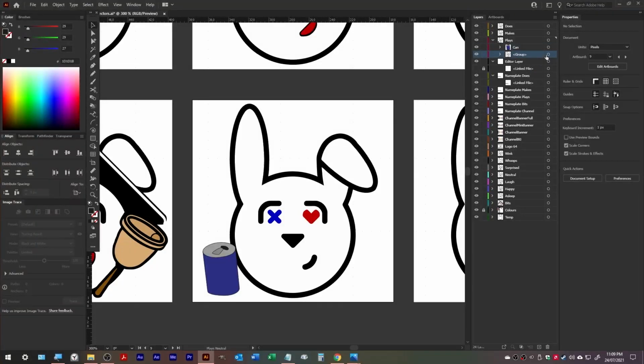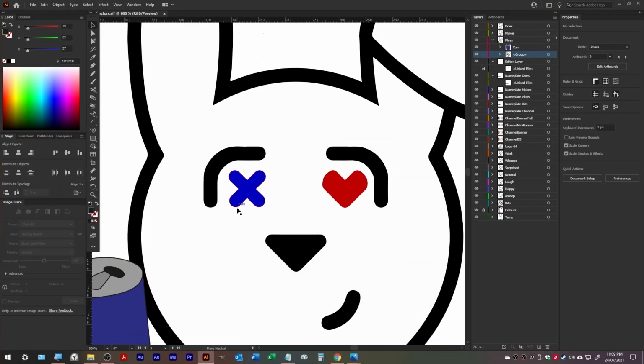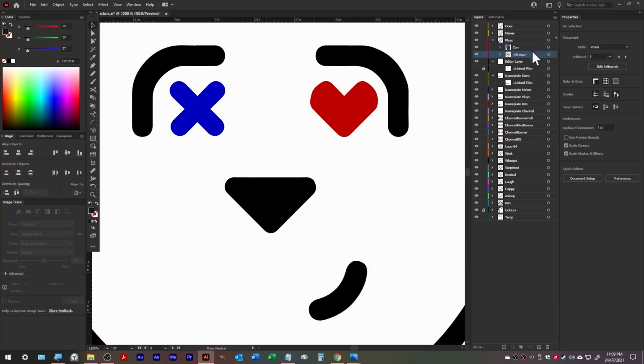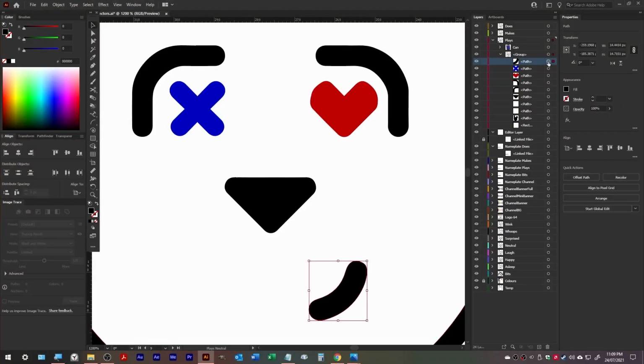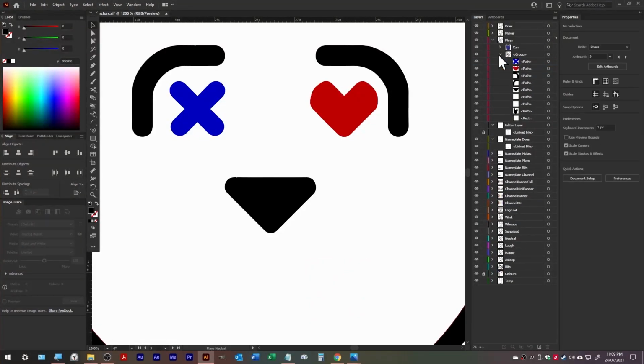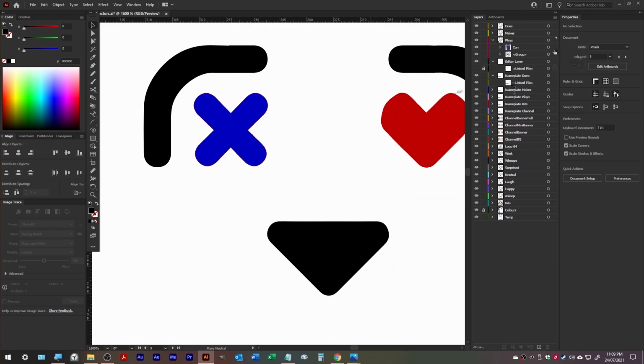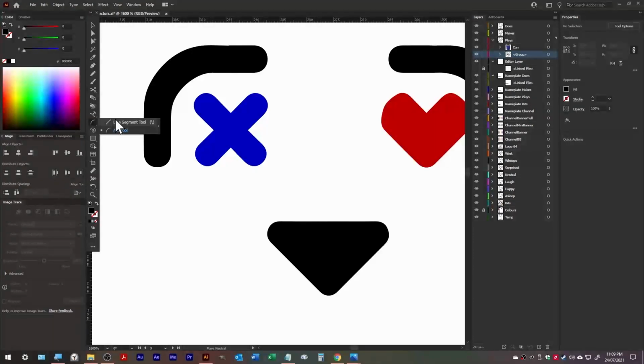I do want to change the players random ever so slightly. I want to give him bags under the eyes, like he's been working hard, and change his mouth. So I'll quickly do that. Don't need this path, which is his mouth. Like that. For doing the things under his eyes, I'm just going to use simple lines. I'm going to just do three lines. I could do a triangle, which if I use a polygon tool